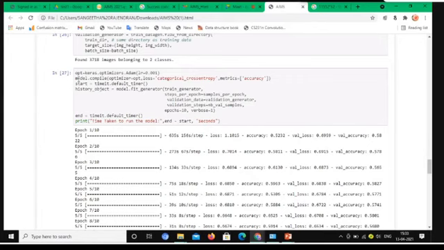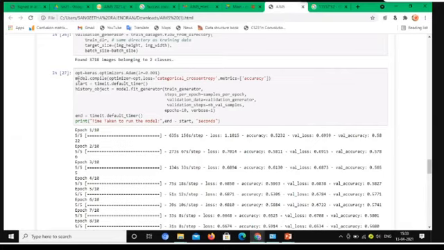Here the learning rate is 0.001. Learning rate controls how quickly the model adapts to the problem. Here we compile the model with categorical cross entropy and the metric is accuracy.